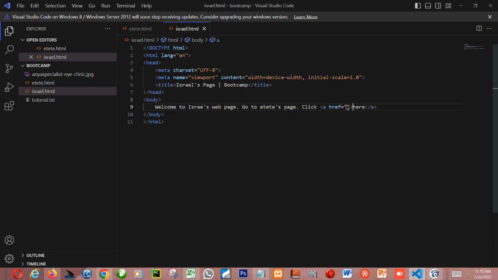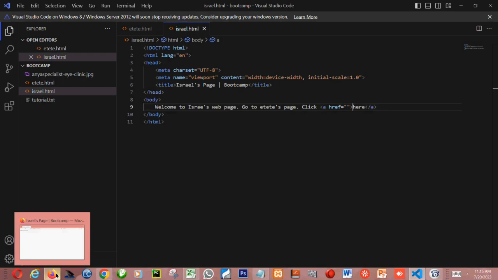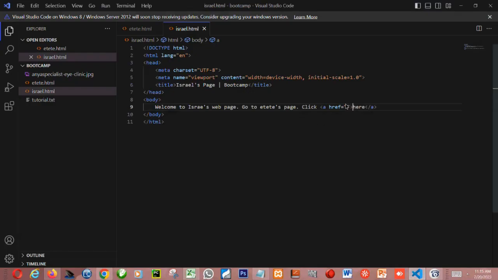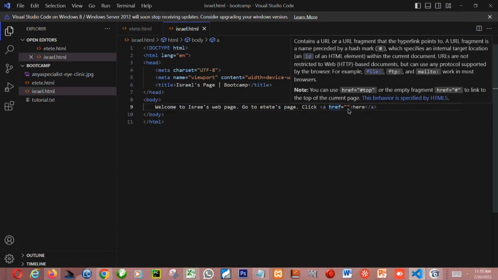But look at what I want us to see. If I go to the browser and refresh Israel, can you see that this "click here" has changed? But if I click on it, it doesn't take me anywhere. The reason it doesn't take me anywhere is what I'm going to explain to you right now. It's because I have not told the browser what page I'm referring to. So I have a href,